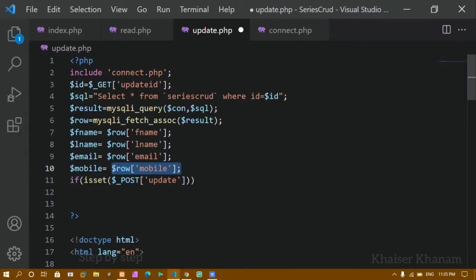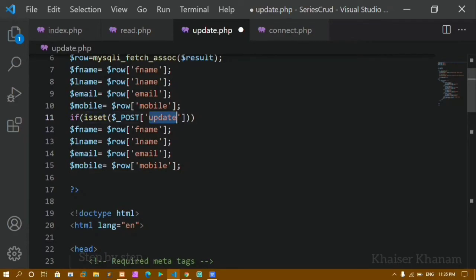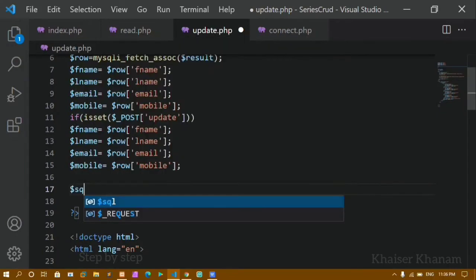Now in this variable, all the data from the database will be stored. Now I am going to update those particular fields, and that updated data I have to store in some variables. So I'll copy this one and paste it here. These variables will store the data I am getting from the database, and this variable will store the updated data. Now I have to perform the update query. Here I have just checked the condition: if isset, whenever I click on update, only then it should work, and only then my updated value should be stored in these variables. Now below this I'm going to write one query, that is the SQL update query. I'll write here update.